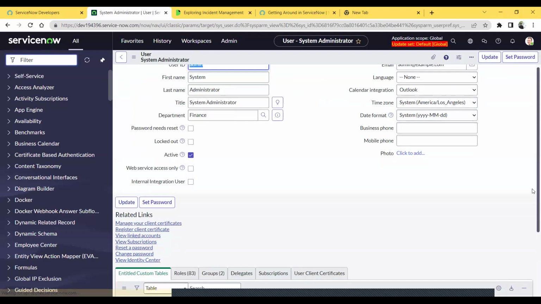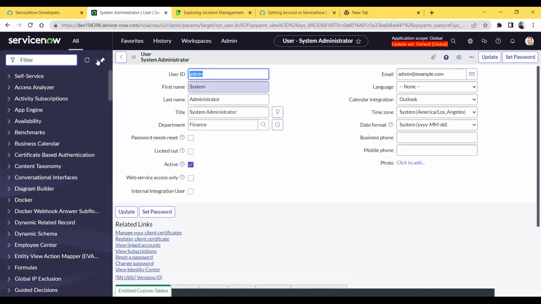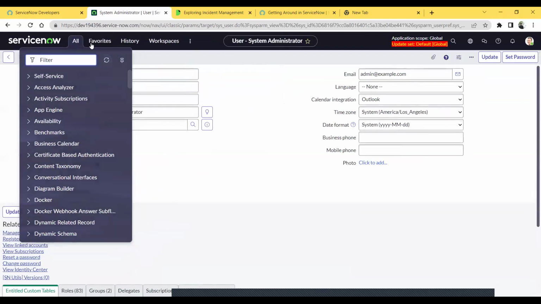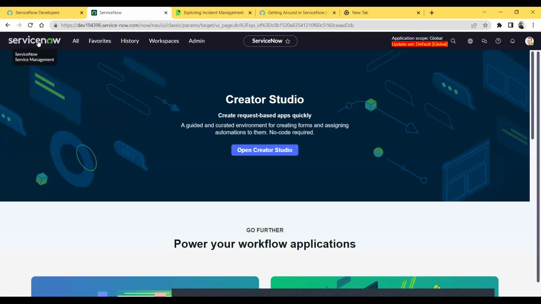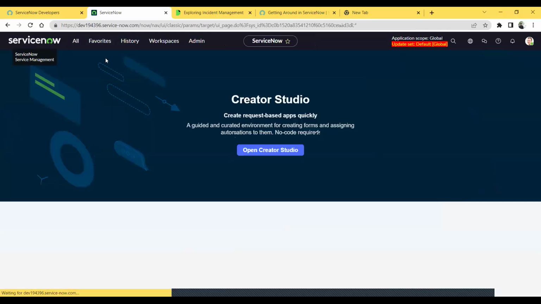Okay, so now if you want to remove this all, you can click on the all. Okay, you can remove the filter navigation. Okay, now if you click on the logo icon, it will take you to the home location, that home page. Okay, now